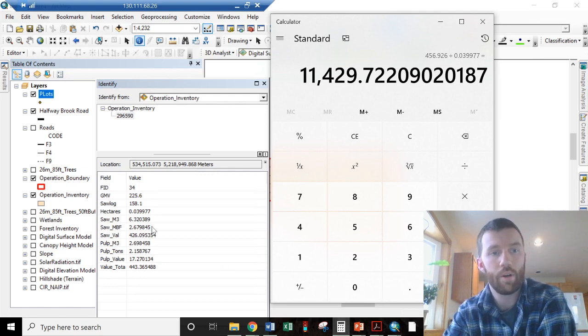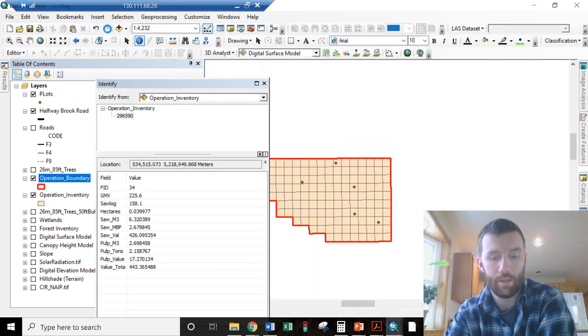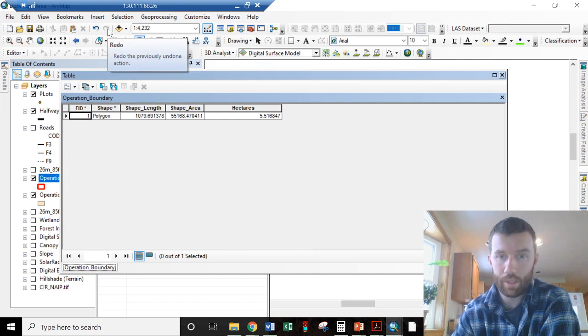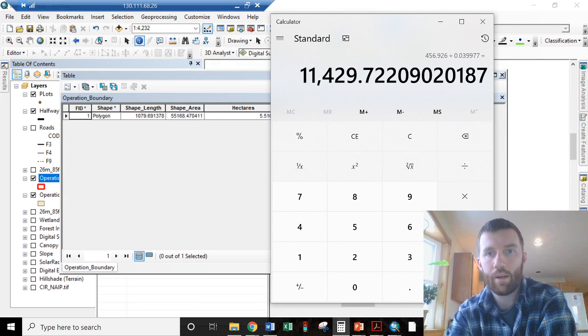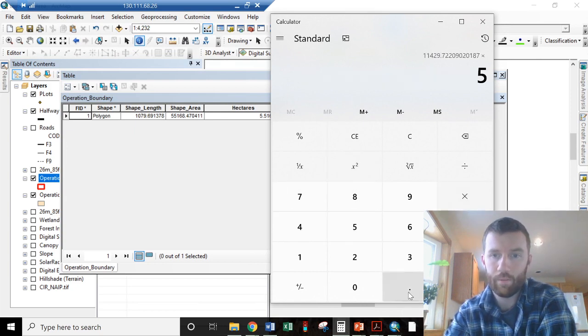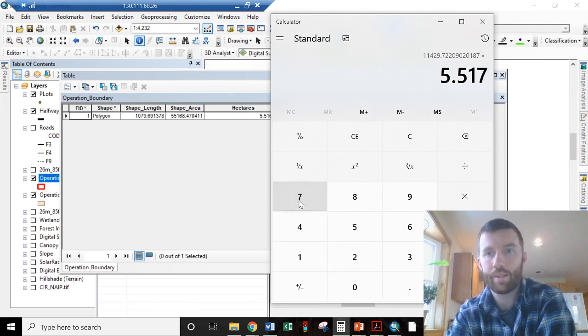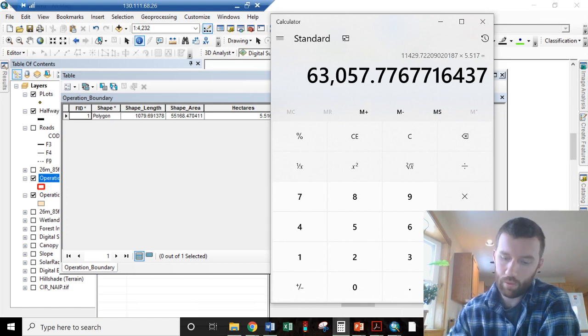So you see how this has converted it back to a per hectare value. And if we go back and look here, we'll see that we have 5.517, around 3 there, hectares. So that per hectare value times 5.517 equals